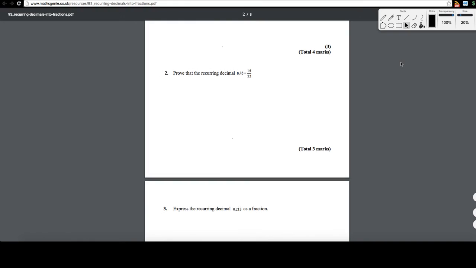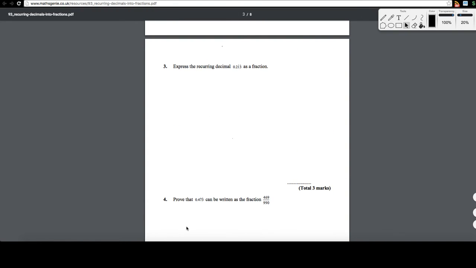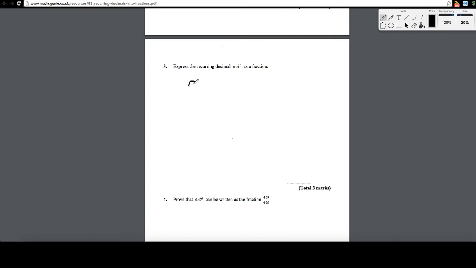Okay, so as you can see here, we won't go through this, but I can explain it because it's quite similar to this, but it's not. So here we're going to do the same thing. 0.213 recurring equals x. Then we know that 2.13, because remember the 0.2 is not recurring, so you can move that up and that will equal 10x. But remember, you do want